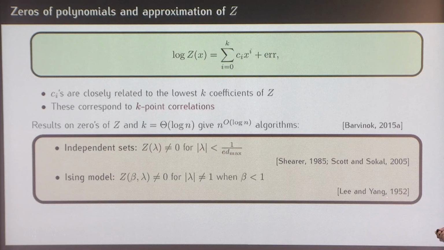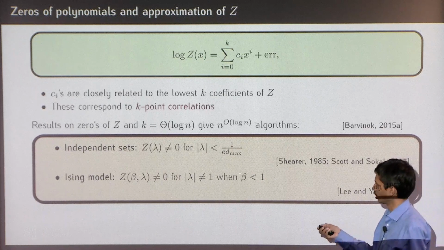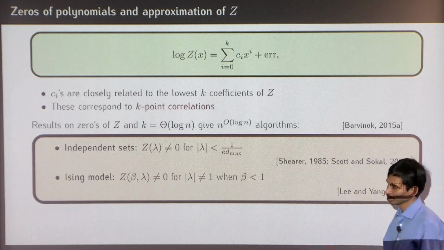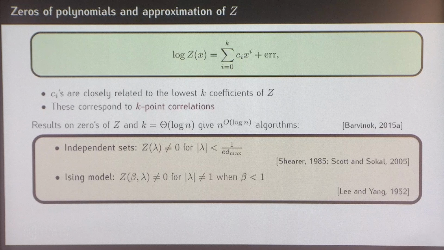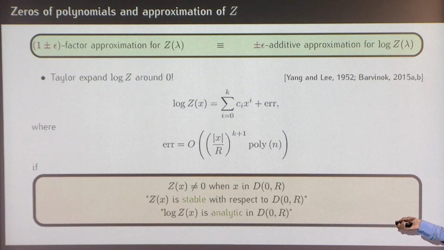There's a Lee-Yang theorem which says that when you're in the ferromagnetic regime, there are no zeros in the open unit disk, and in fact all the zeros lie on the unit circle. So just using this, and the fact that you only need to take k to be about log n to get small enough error in this expansion,